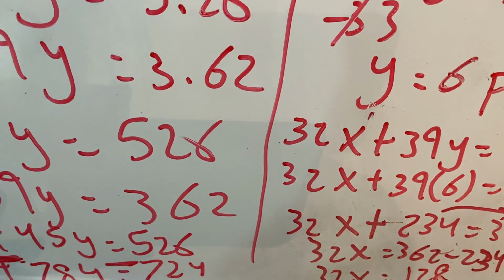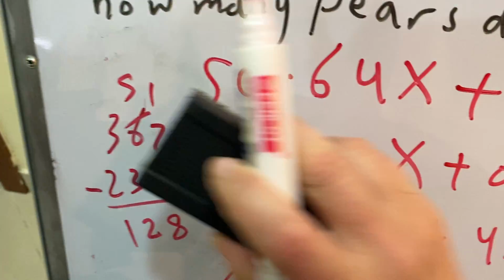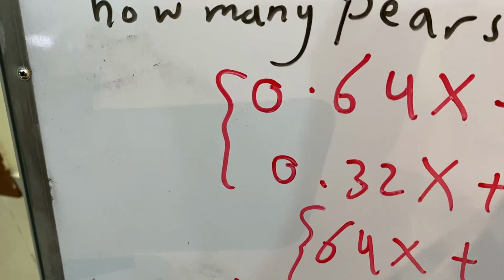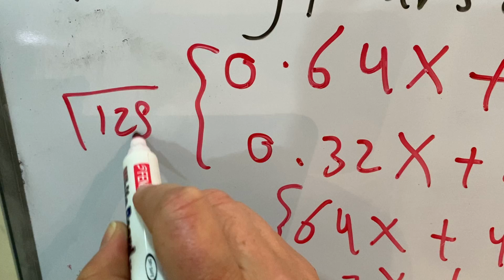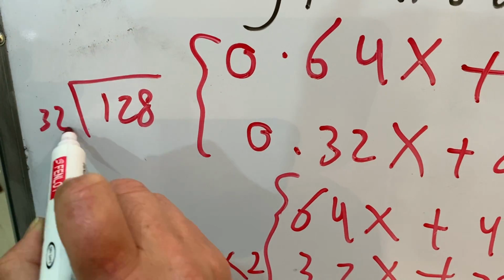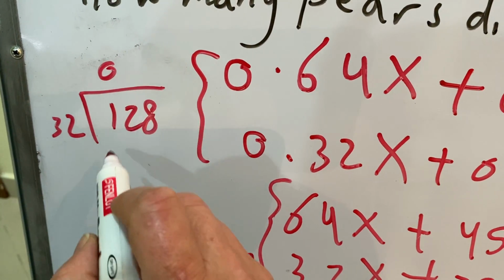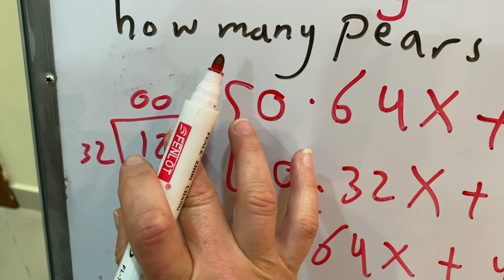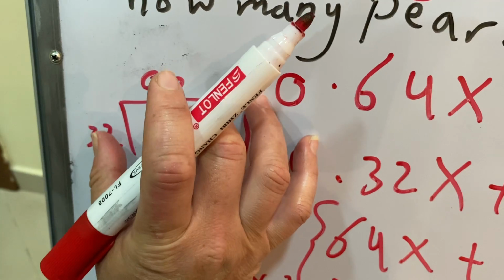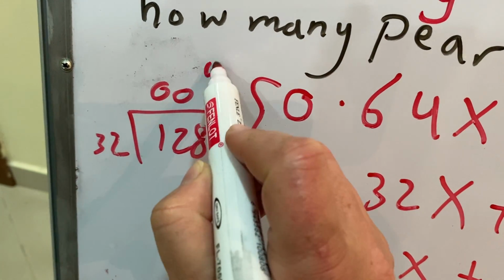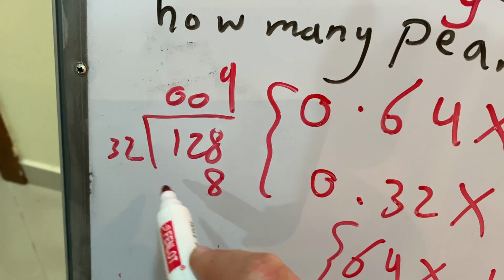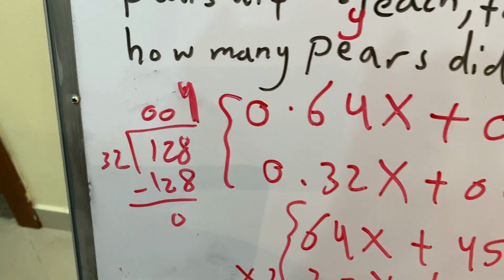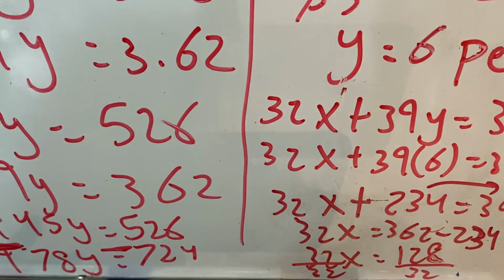Now 128 divided by 32, I can do it even here. I will erase this. So I will divide 128 divided by 32. Now 1 divided by 32 is 0. 12 divided by 32 is also 0. Now 128, I can divide it. I will hide the 8 and the 2. 12 divided by 3, which is 4. 4 times 2, which is 8. 4 times 3, which is 12. It's already done. So the answer is how much? 4. So I will go and write here x is equal to 4